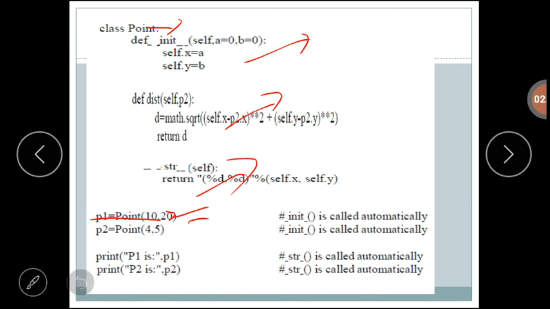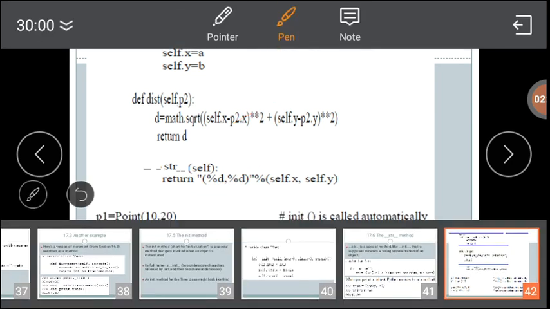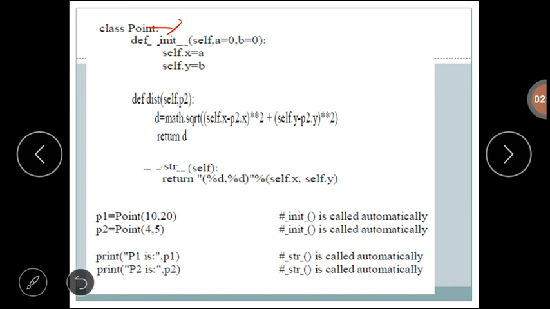Here in the init method, we have three parameters. First one is self, second is a equal to 0, and b equal to 0. The values 10 and 20 are passed to the formal parameters a and b.